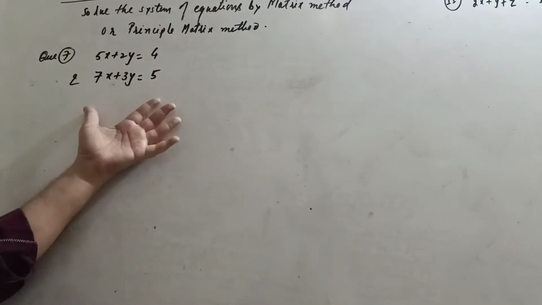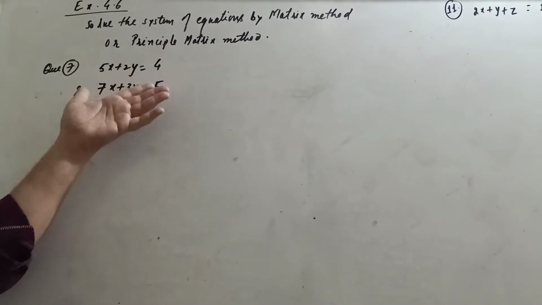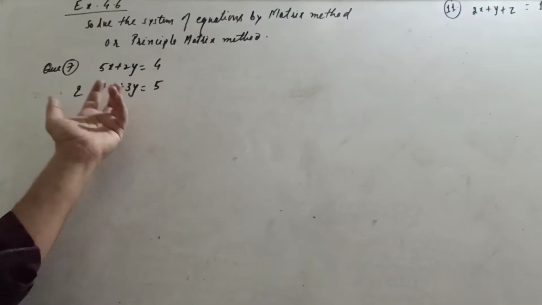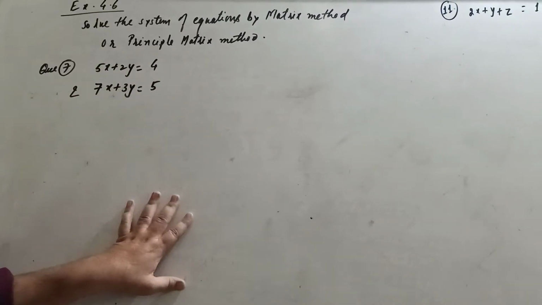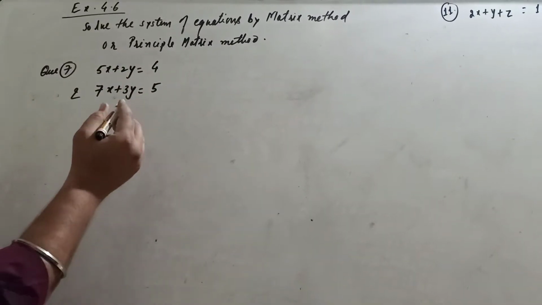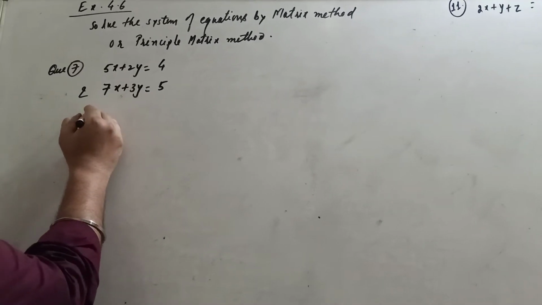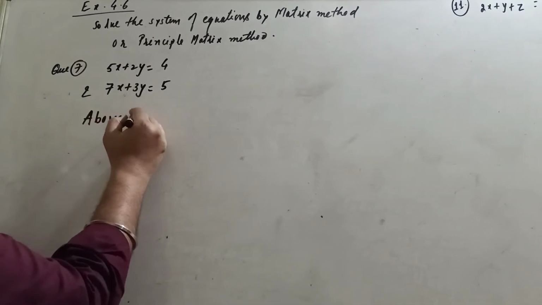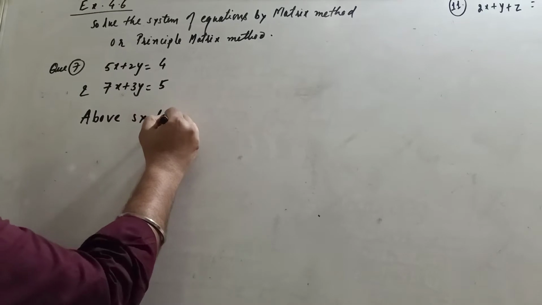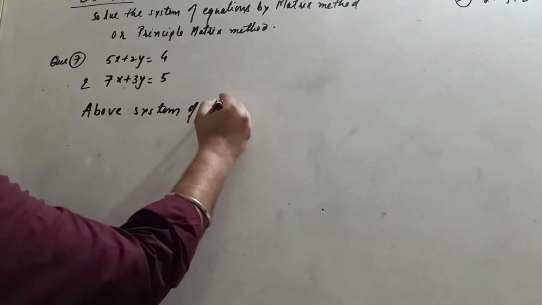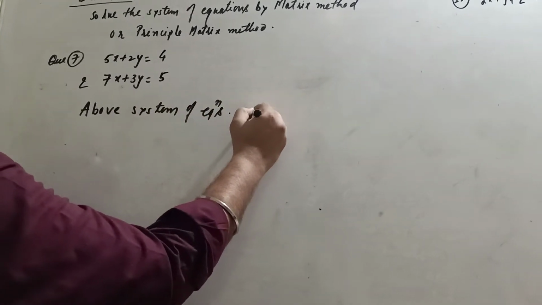Two variables are given, we have to solve two equations. Sometimes three variables will be given, you have to solve three equations. So how to solve? Working method: the above system of equations can be written as